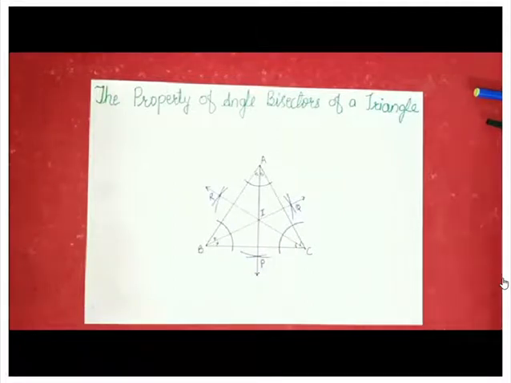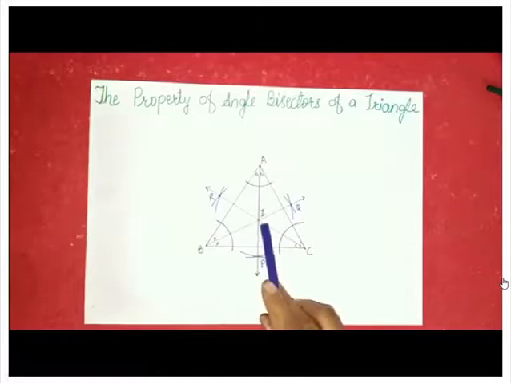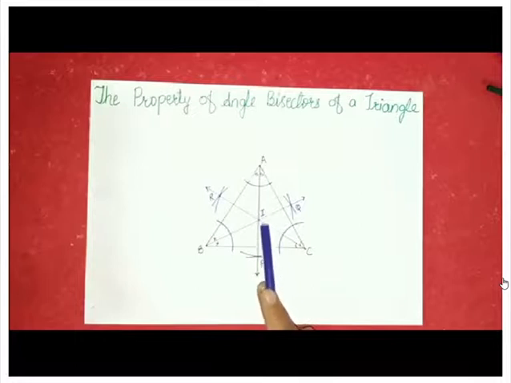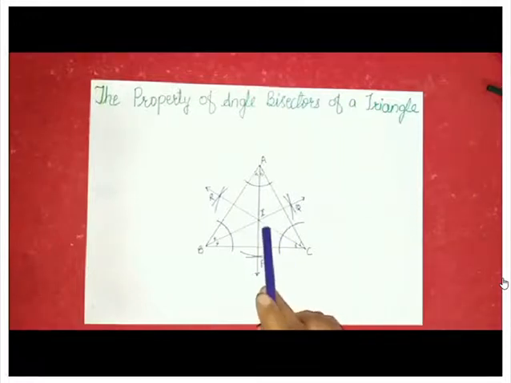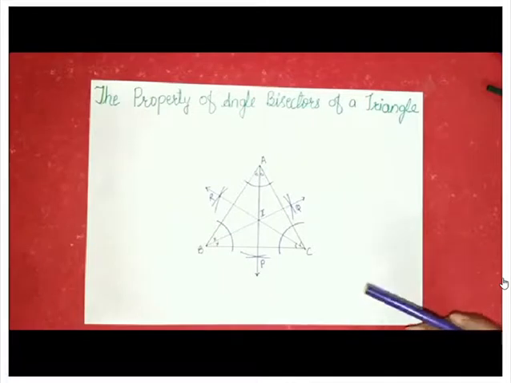See, now from this what we conclude here, that the three angle bisectors pass through the same point, that is they are concurrent. Their point of concurrence is called as incenter. It is shown by capital letter I. Now let us see the location of incenter in this diagram. Here location of incenter, it is in the interior of the triangle. So location of incenter in acute angle triangle, obtuse angle triangle or right angle triangle, we find it in the interior of the triangle only.